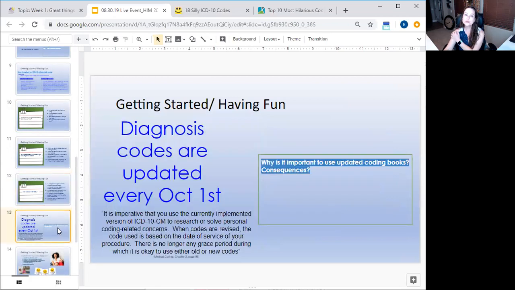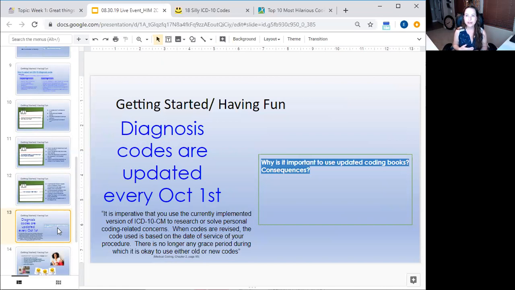Okay, so as you work through testing out all those different codes, and like I said, you get familiar with them, they're going to change them on you. So when it comes to ICD-10-CM and PCS, the changes occur every October 1st. Now, it doesn't mean everything changes, but that's when they choose to add codes, delete codes, maybe make changes, updates, could be guidelines, different things like that. So they do it every October 1st.